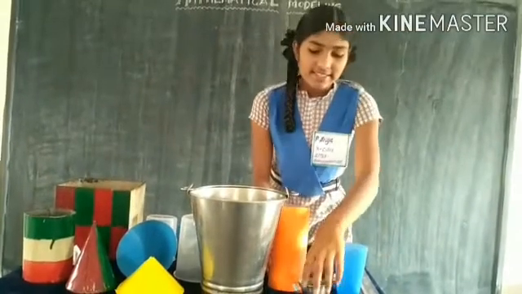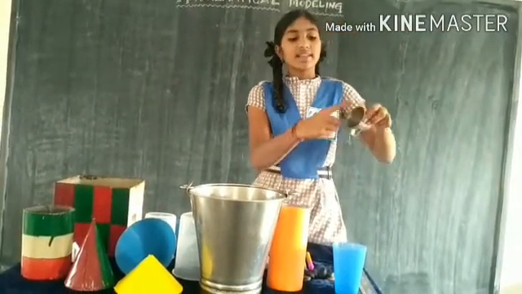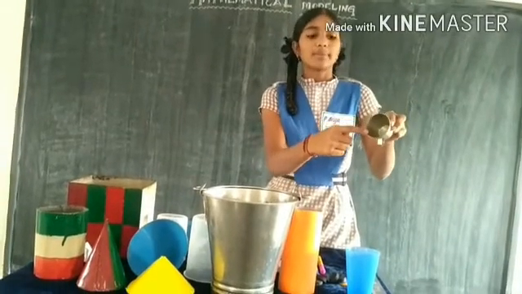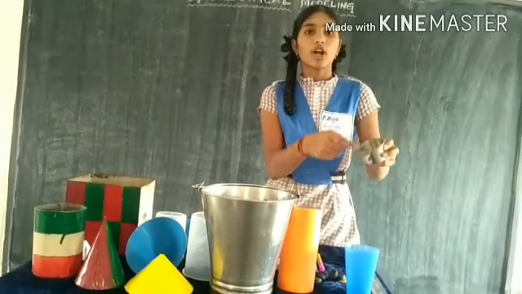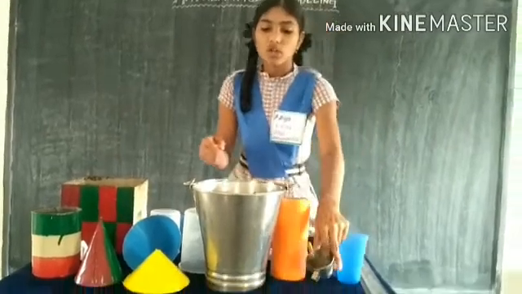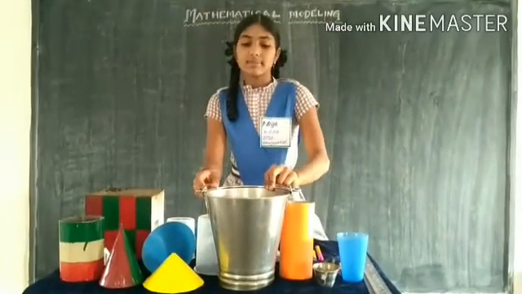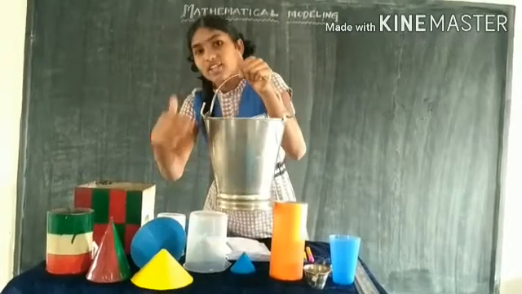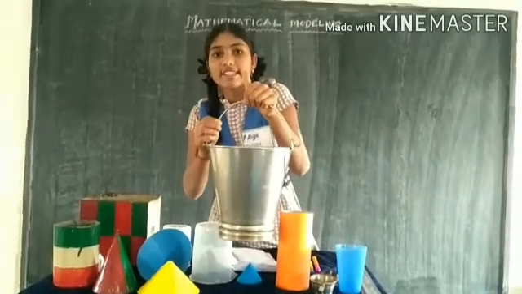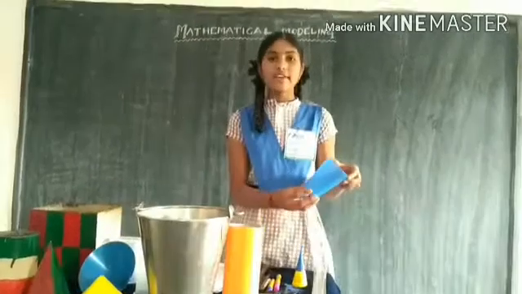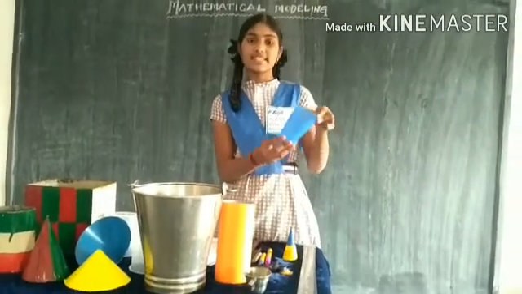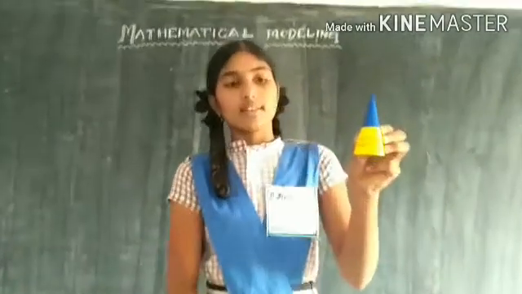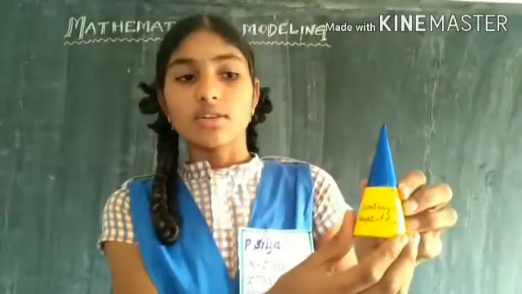Also this teacup, we observe this teacup also has a bottom and top, and the bottom and top radii are not equal. And also comparing with the bucket, this has one base and top but they do not have equal radii. We have to know the mathematical name of this glass. Observe this model. This model is a cone.